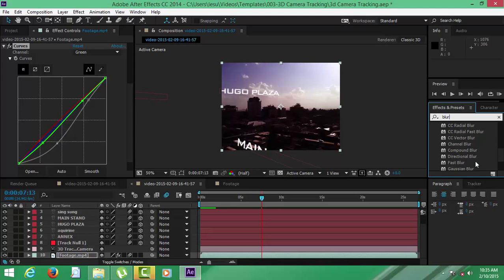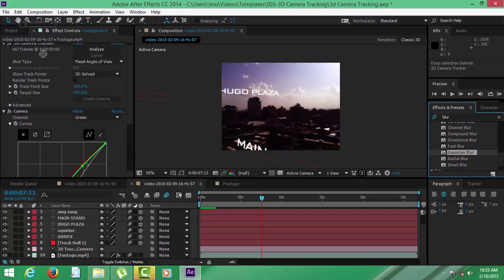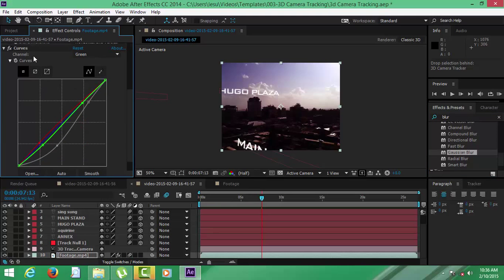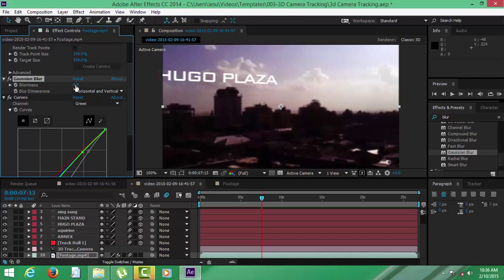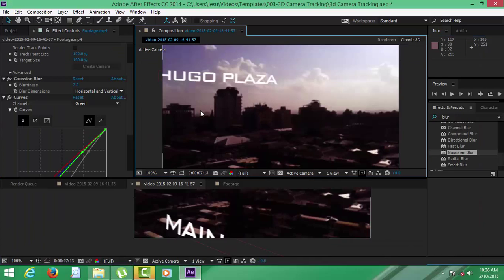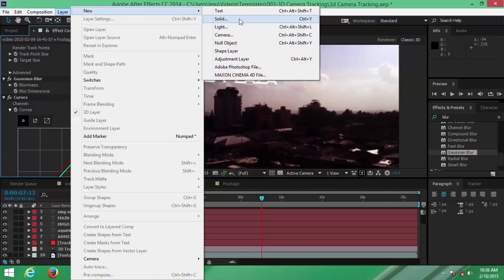Maybe let's add Gaussian blur on the footage, and this Gaussian blur, let's make it maybe 3. Much too much, maybe 2. Yeah, something like that. And then let's create a new adjustment layer,